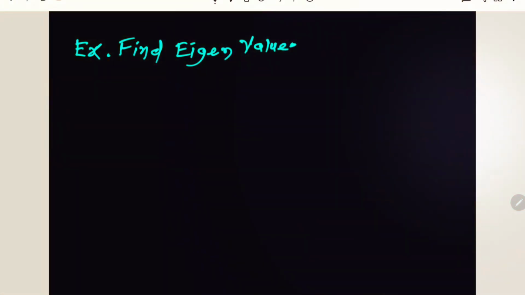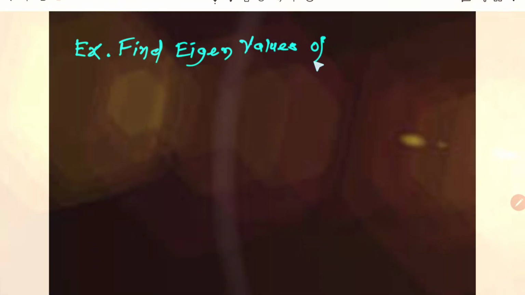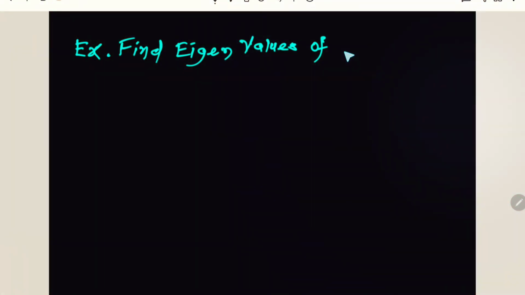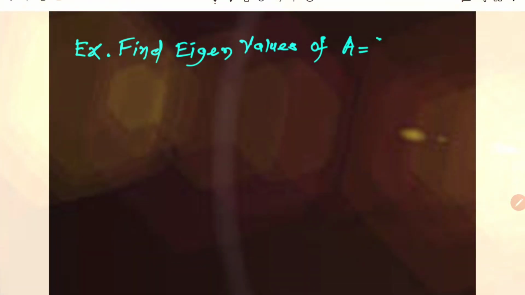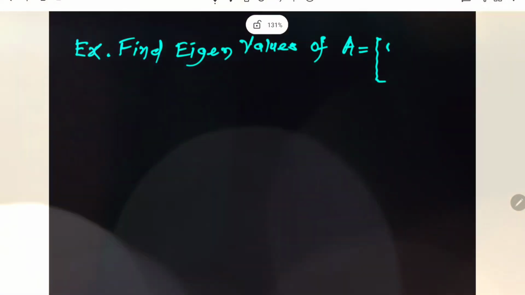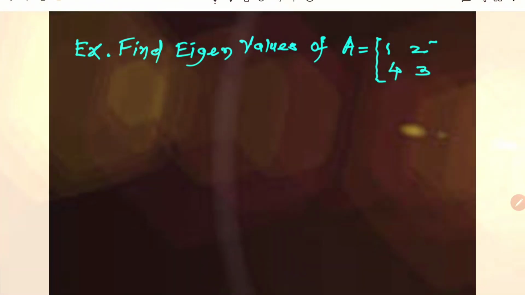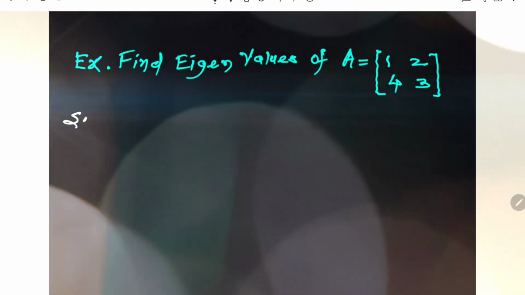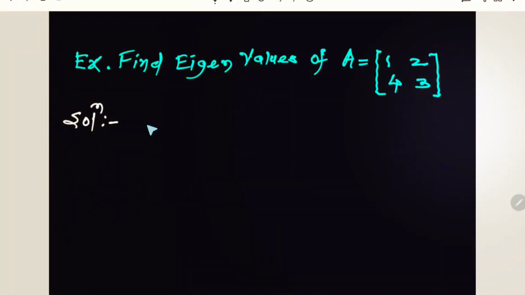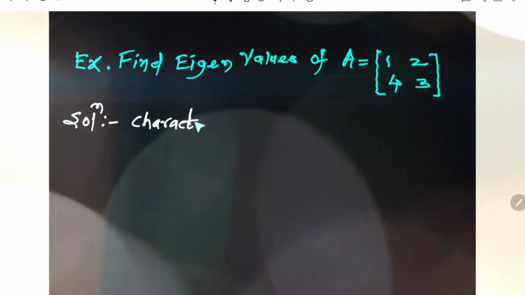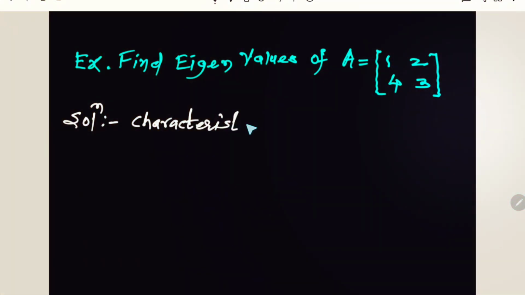Let us solve the problem. Find the eigenvalues of matrix A, where the matrix A has the elements 1, 3, 1, 2 and 4 and 3. Once again I will repeat: 1, 2, 4, 3. These are the elements. Then to solve it, first of all we have to find